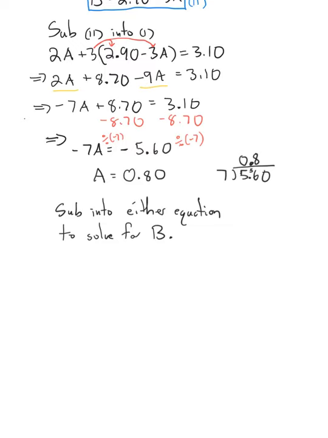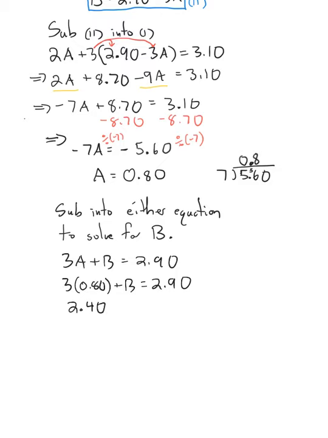So let's do this equation. 3a plus b equals 290. And we know a is 80 cents. Remember, a is the price of the apple. Plus b is 290. 3 times 80 cents is $2.40. Plus b is